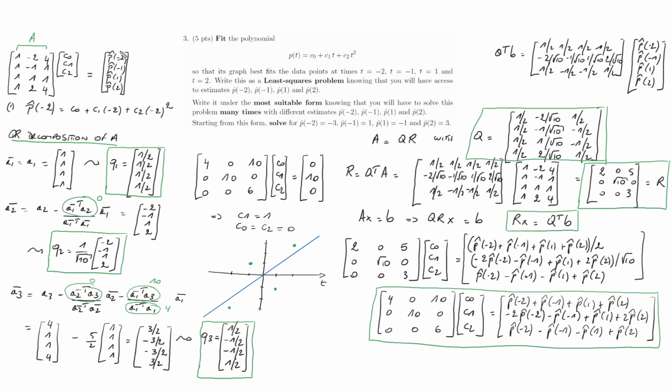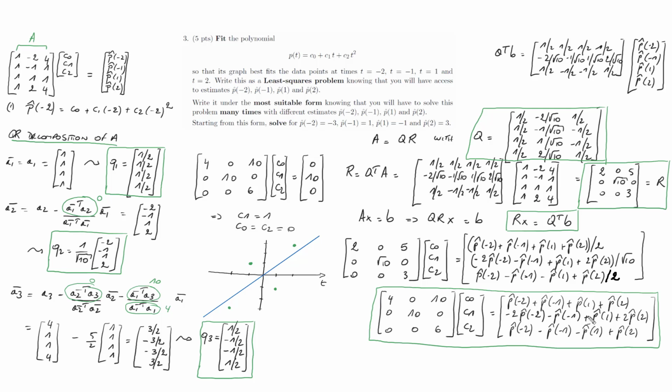It's the vector that contains the estimates, and if you compute this, this is what you obtain. We have the division by 2 here, the division by square root of 10, and there should also be a division by 2 over here. But we can get rid of those by simply multiplying this line by 2, this line by square root of 10, and this line by 2 as well. And this is what you obtain. This is now very easy. If you have new estimates, you only have to compute this